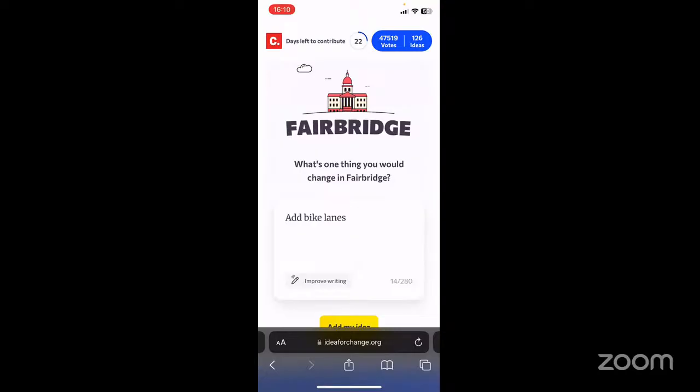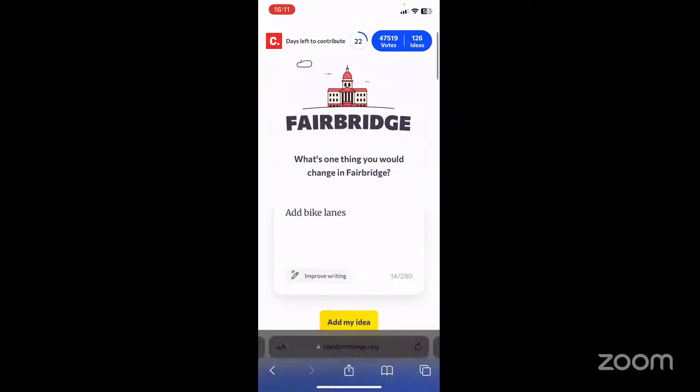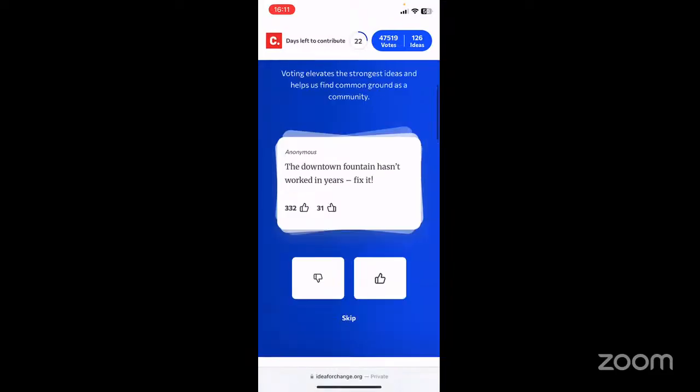If I knew it was just going to be shared with, I actually still at this point, sorry if it's background noise, at this point I don't know if my idea is going to be shared with city officials. I don't know where my ideas are going to go. And so if I had that clarity, then I would be like, oh yeah, this is a city sponsored process. I'm submitting ideas. My name would be anonymous on the website, but would be shared with city officials to prove I'm a real person. And be like, yeah, that makes sense. Yeah, so just a little explanation would go a long way there.